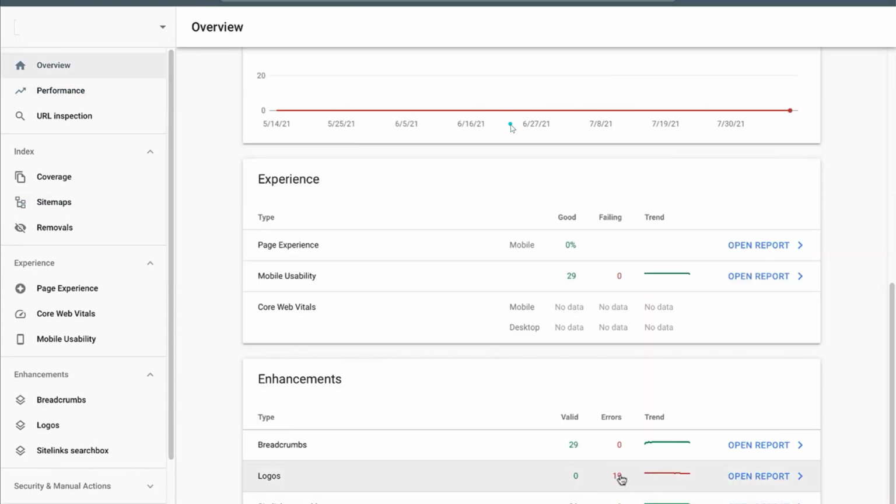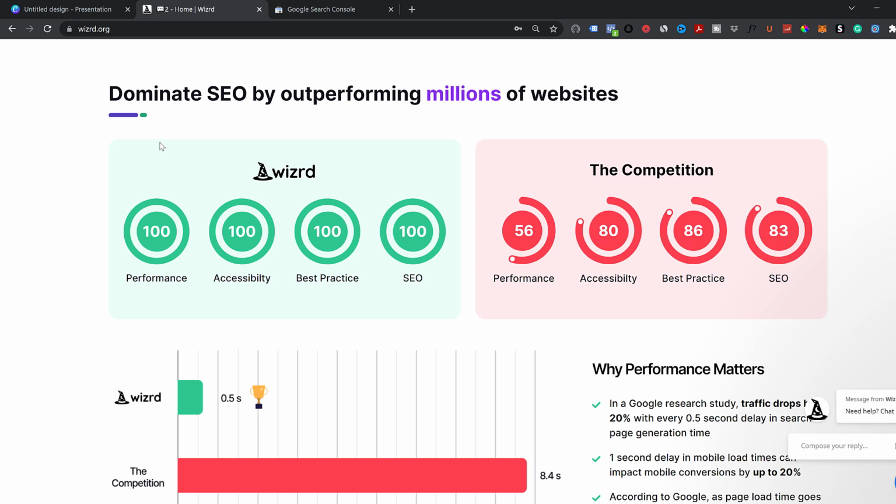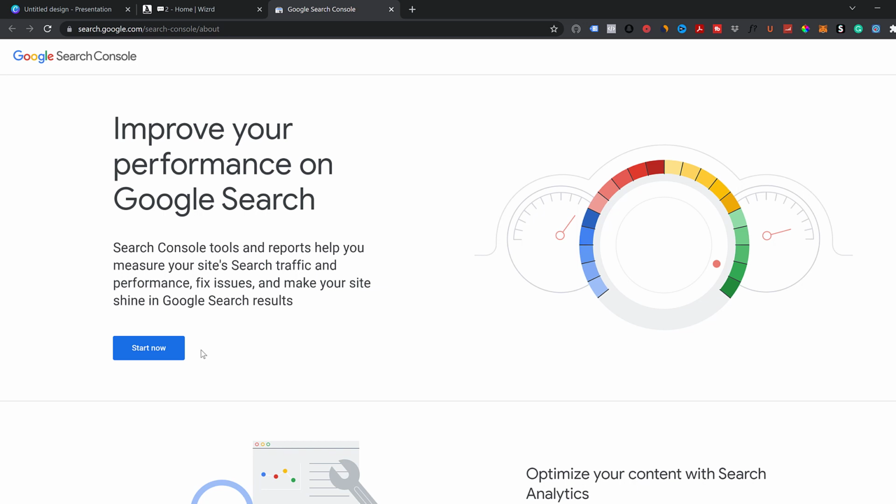Google Search Console also warns you of some errors on your website when it comes to page experience or the core web vitals or mobile usability, which are all important factors when it comes to ranking on SEO. Luckily, as a Wizrd customer, these are things which they have taken care of for you right out of the box. So step number one is visiting